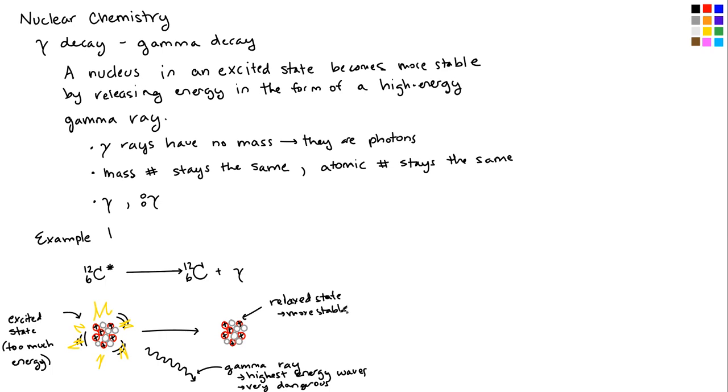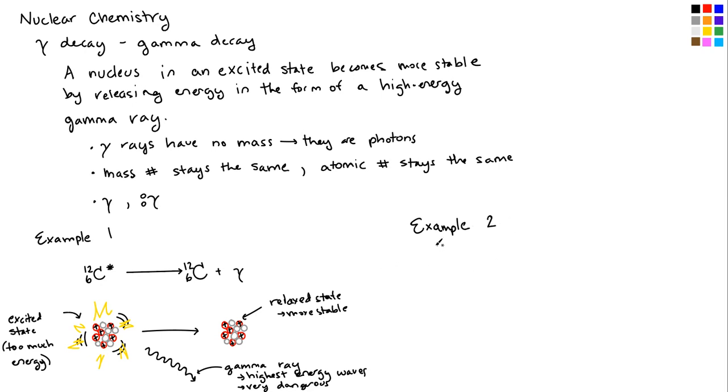All right. And so let's do one more example here to the side. I hope you can see that this is a very easy reaction to write, because if you can write your reactant, then you can write your product. You just have to show that it became relaxed by releasing a gamma ray. So let's do our second example here.